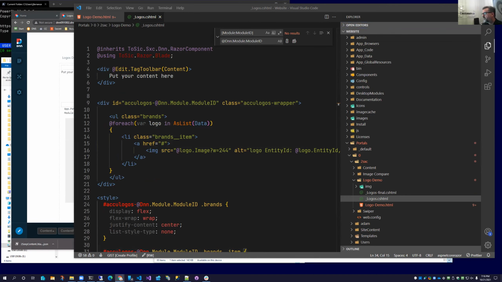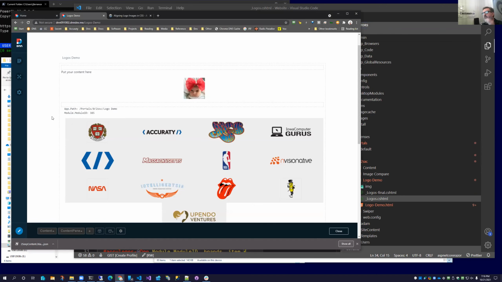Okay, so now just a quick demo to talk through what's going on here. There are no content items in here. There's no structured content yet. What you're seeing is a view in TooSexy using Razor. And because there's no items, it's being polite and giving you the demo item, which we got to specify. Notice I'm not getting any TooSexy buttons. That's because we need to add this thing over here, which I haven't copied yet. Where'd it go? Well, never mind.